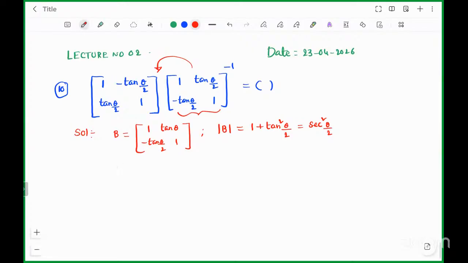Now what we need to find is this, B inverse. B inverse is equal to 1 by det B into adjoint B. So that is 1 upon secant square theta by 2, multiplied with. So now